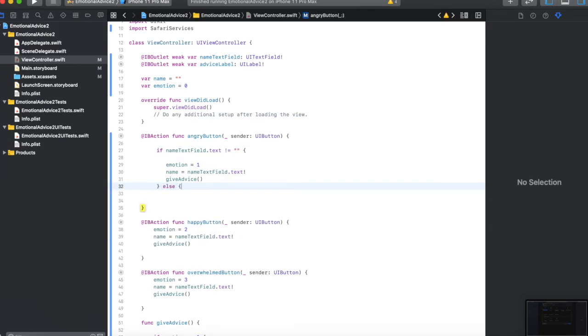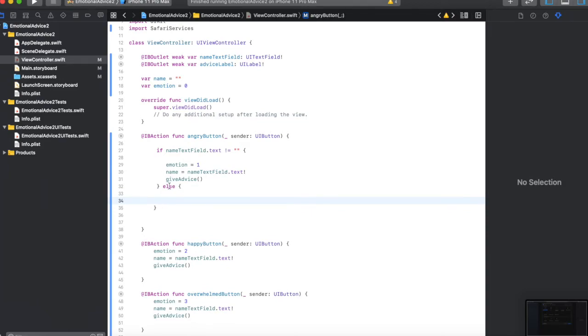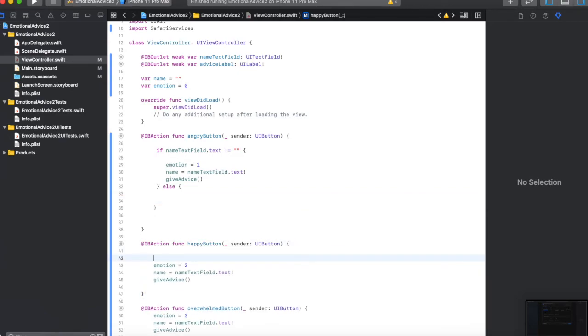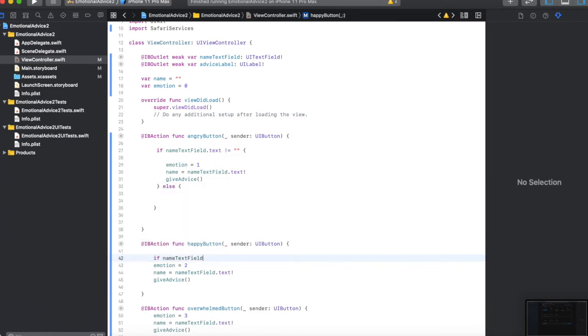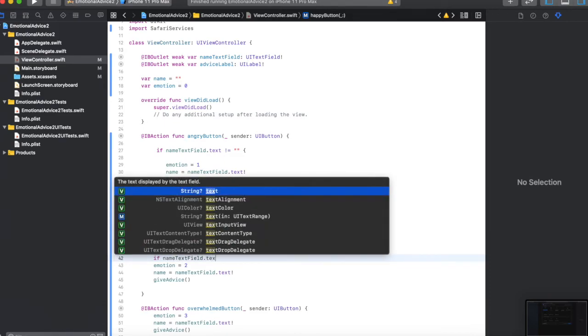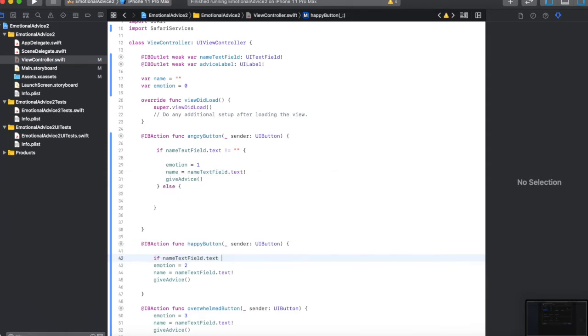I'll put an else statement on there and fill that in later. Let's write that again. If name text field's dot text is not equal to blank,